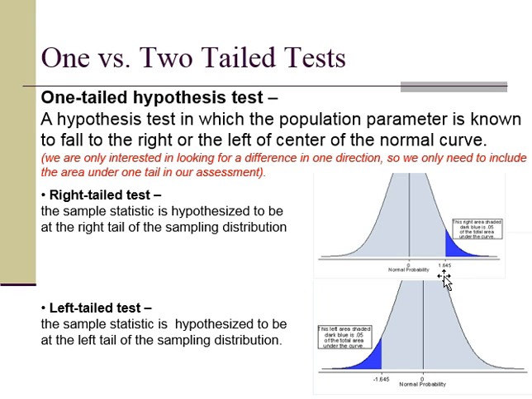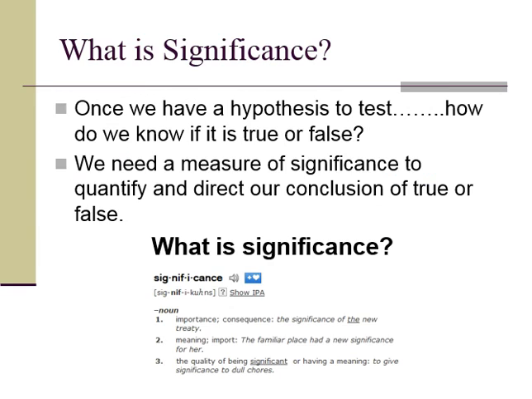Now the downside of these one-tailed tests is that you really can't make any statements at all in the other direction that you're not considering. So if there could be a difference in the other direction, you would not see it if you're doing this one-tailed test. You're only going to see significant differences if they occur in the direction that you specified. So for inferential tests, that's what we're doing.